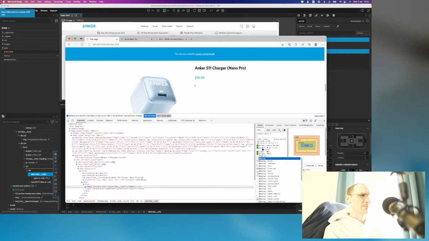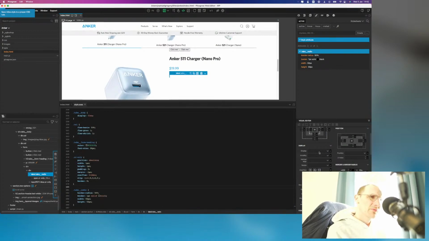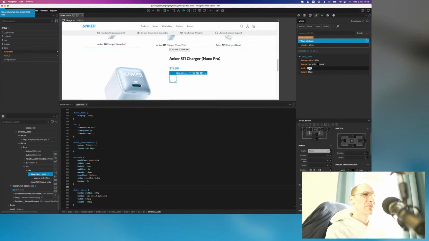Display block. There we go. Display. Cool. Let's try. Probably need to be a bit bigger than that. Let's try 30. Cool. Right, now we need to create the